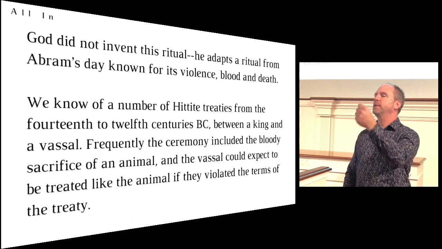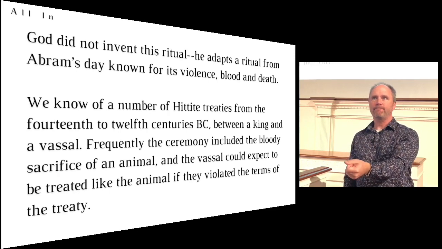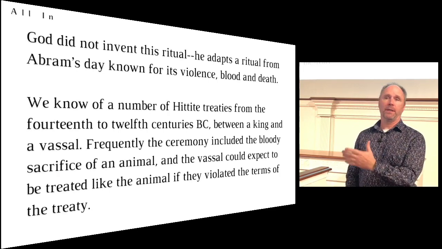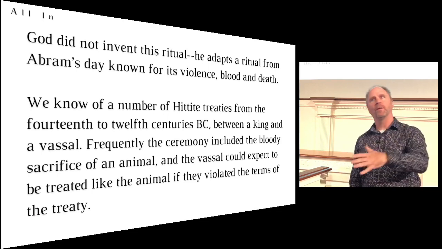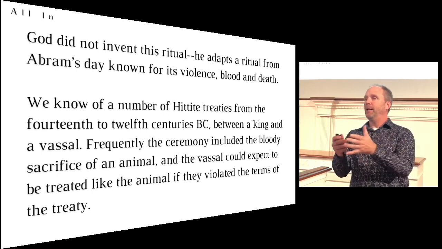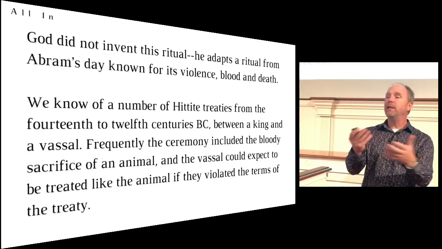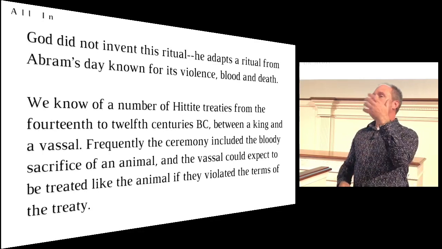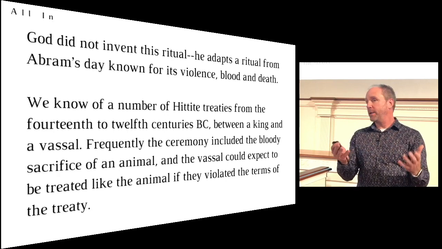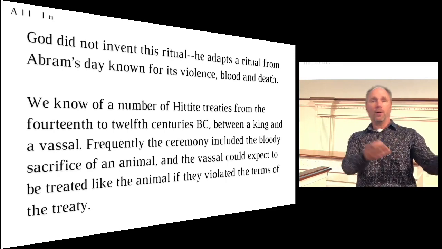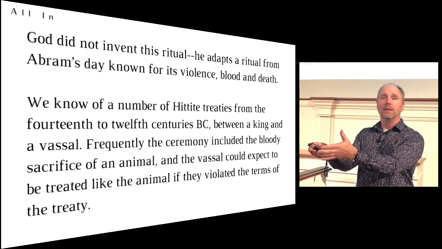And so God uses a ceremony that was common in the world of antiquity. For example, we know from history and archaeology of a number of Hittite treaties from the 14th century to the 12th century BC between a king and a vassal. And as part of that ceremony, this covenant, this formal entering into a relationship together, there was the bloody sacrifice of an animal. And the sacrifice of that animal was intended to communicate in some way that if the vassal broke the terms of this formal relationship between the two of them, they could expect to be treated like this